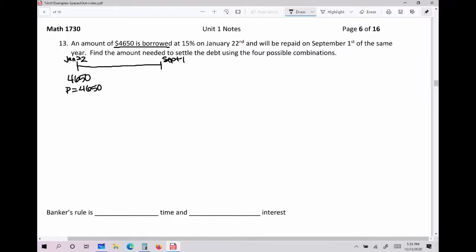Okay, so we don't need to worry about which year it is here. We want to figure out how much is needed to settle the debt, so that means we're trying to find S, and then all the possible combinations. And we're also told that our R is the 15%. So R would be 0.15, and then we're not told what type of percent we're getting, so again, that's going